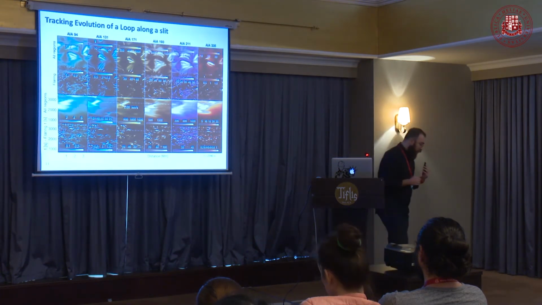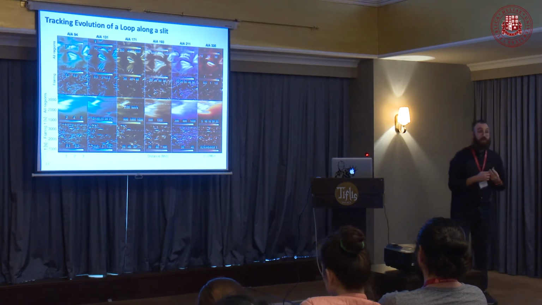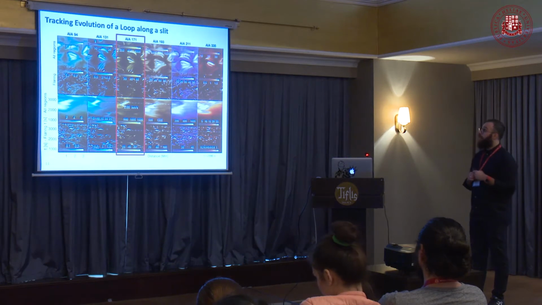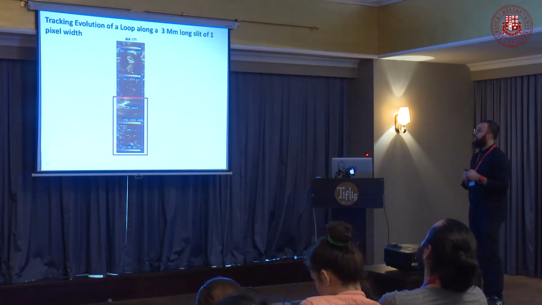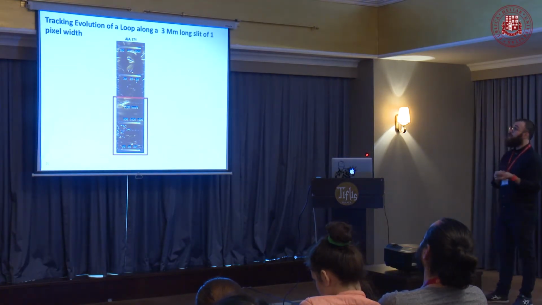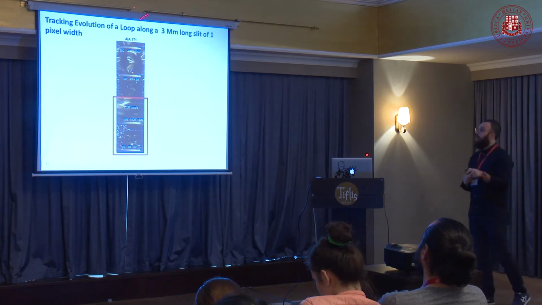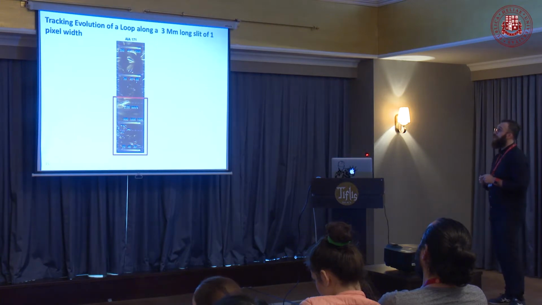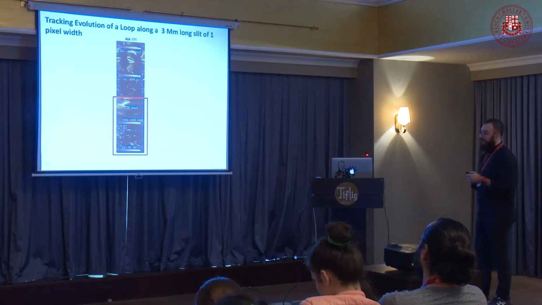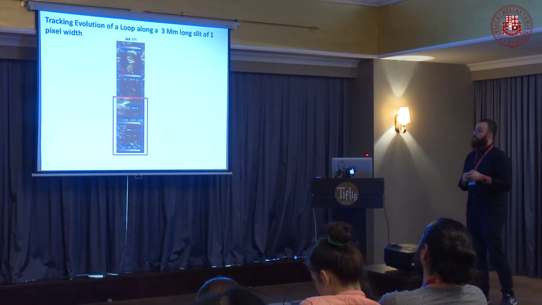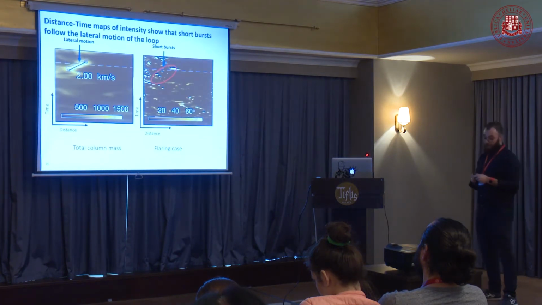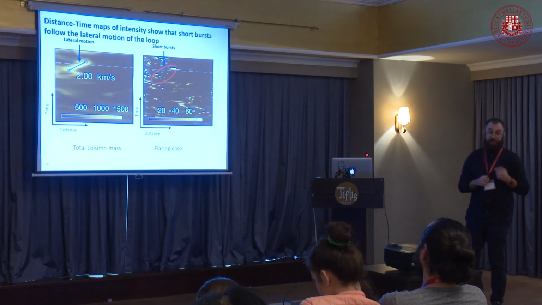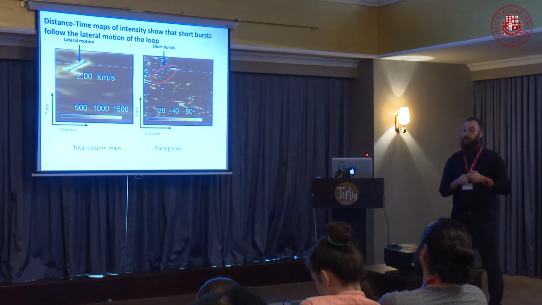Lateral motions also play an important factor in how loops look. To do that, let's isolate one filter and take a look. We place a 3 millimeter slit above a loop-like structure, and we trace the intensity of that, and we plot distance-time maps of intensity, and we can calculate the lateral velocity of a loop for